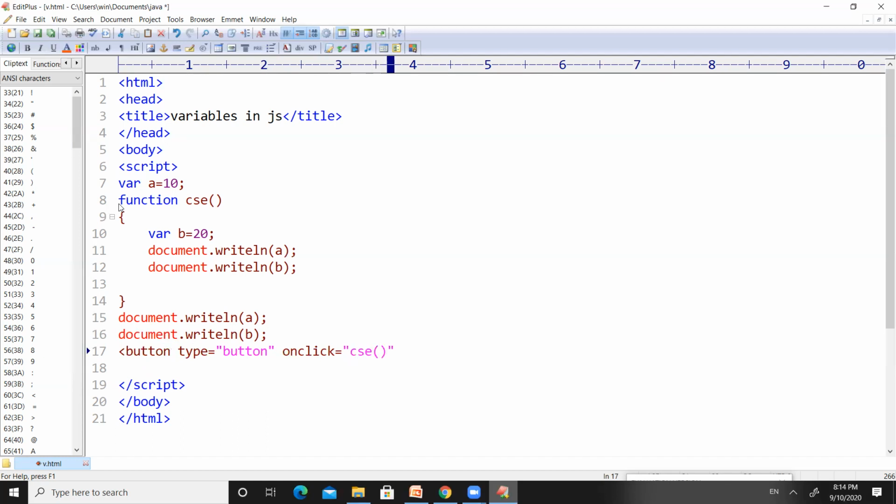When somebody makes a click on this particular button, it will execute the function CSC. So my button name is inside values.